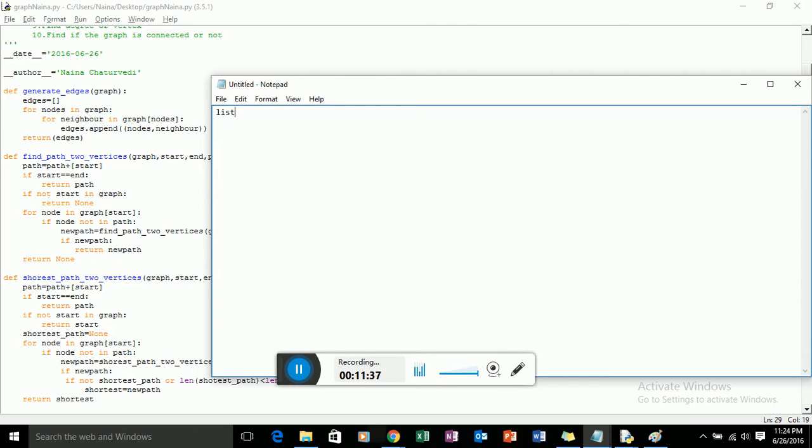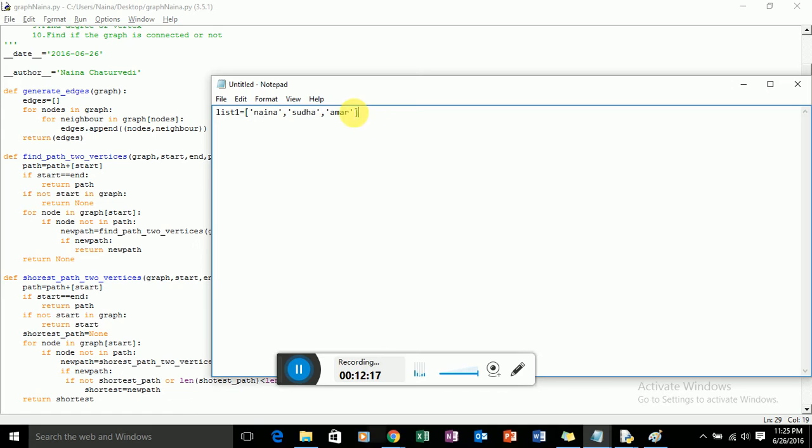So say list1 is equal to, let's say, Nana, Sudha, Amar, etc. Like the way we use an array, here in Python we have a list, which has the same role as an array, and here for Nana the index starts from 0.